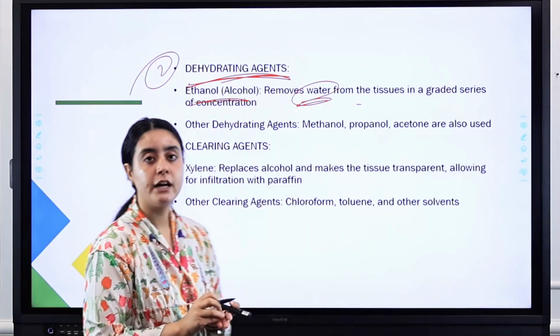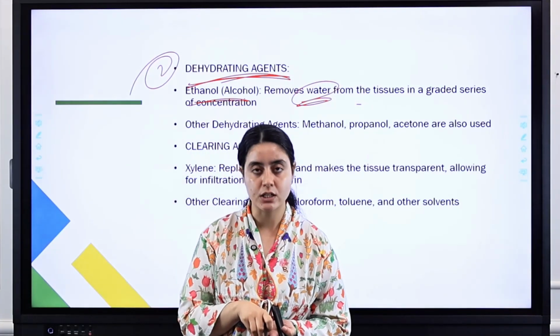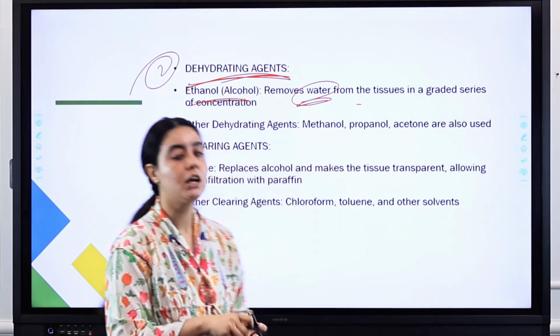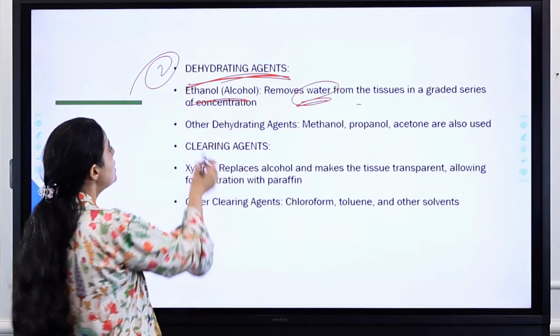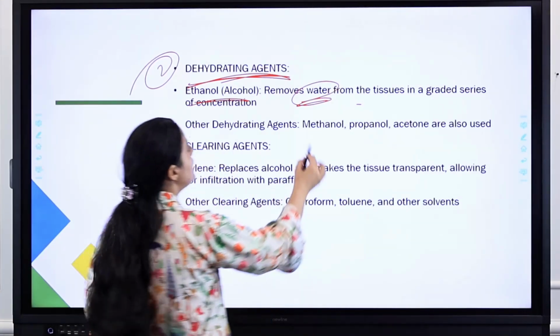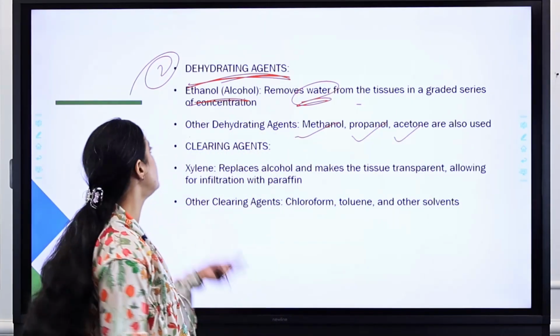So in dehydration, we have to remove all the liquid content which is present in the tissues. So we have to perform dehydration first, before staining. For dehydration, we use alcohol. Other dehydrating agents are also there, obviously, like methanol, propanol and acetone, but very commonly we use